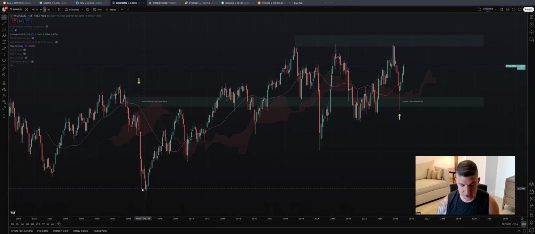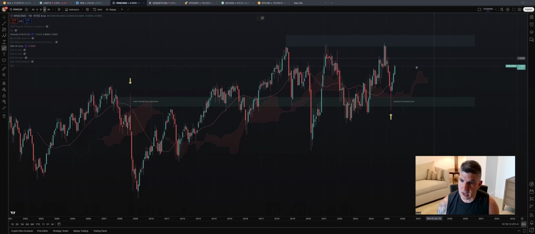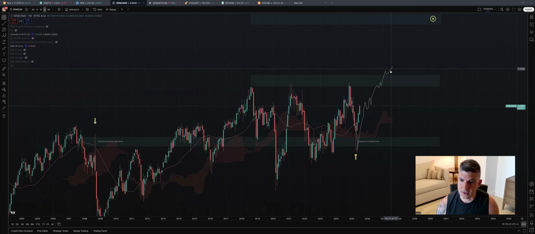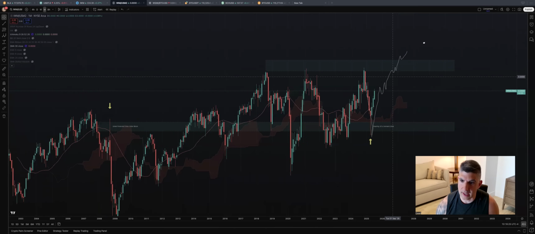And this, in essence, is a massive range since the great financial crisis. And so the market not only wicked all the way into that zone, it sprung out of it. And so my claim here is that this is starting to do something that we've never seen before in our investing careers. And the target is way higher.